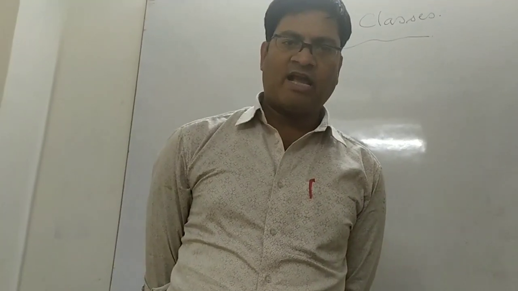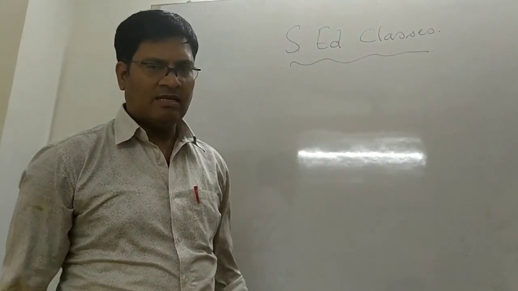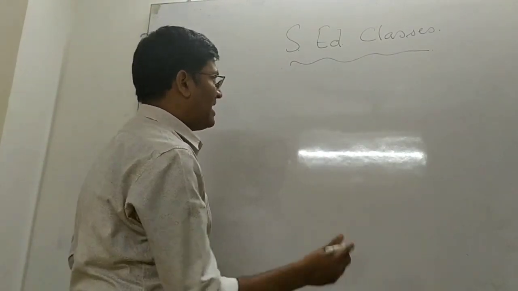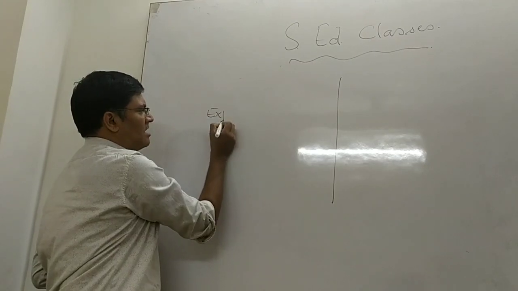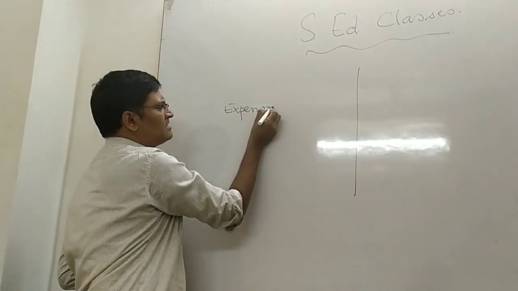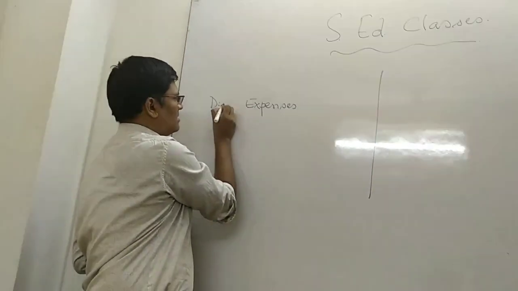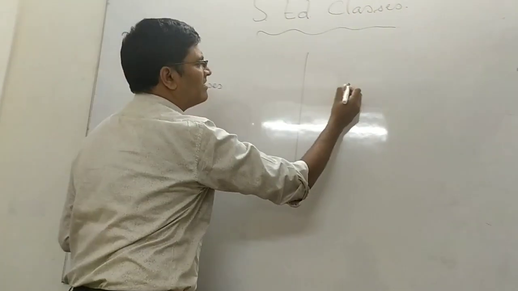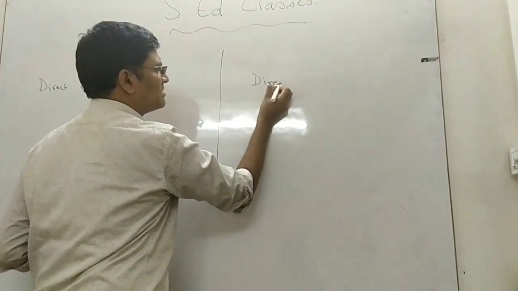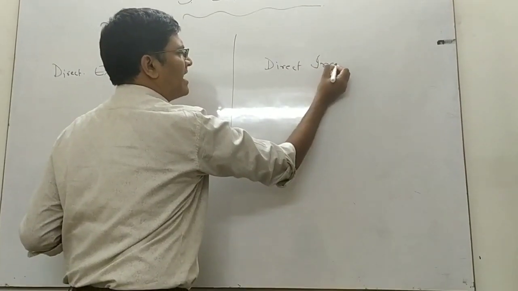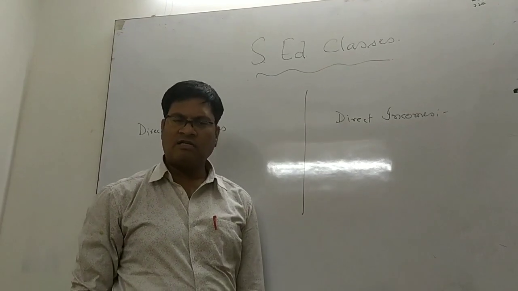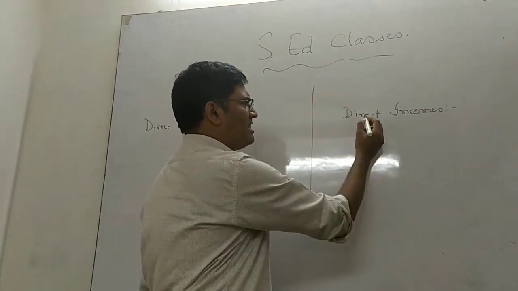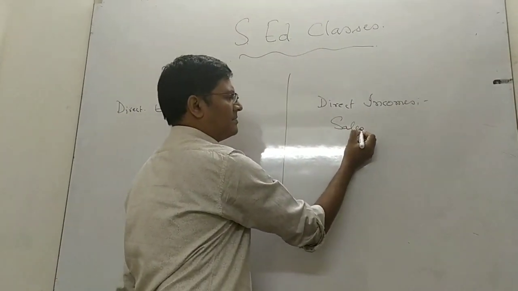I have already given you the format of trading account, in which we have seen that the debit side of the trading account has all the expenses. And what expenses? Direct expenses. And in the credit side we have the direct incomes. In most of the organizations which are trading concerns, there is sales. So sales is their direct income.